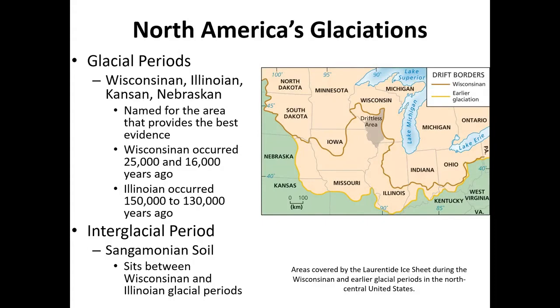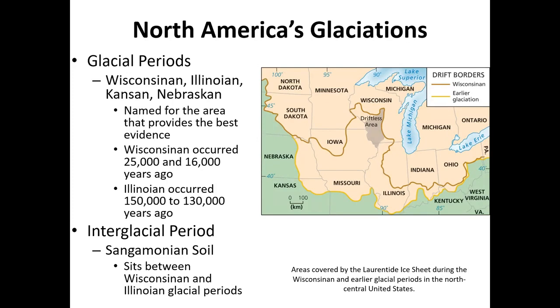Interestingly enough, this shows where the most recent barrier, the Wisconsin ice age, went to. And earlier than that, they know that there were glaciers that reached further south. There isn't as much known about those glaciers because they were a little older. But interestingly, in Wisconsin, a large chunk of the southeast corner was not covered by glaciers, and this is